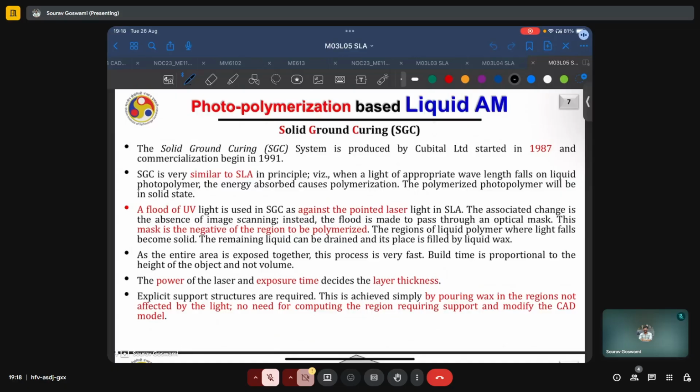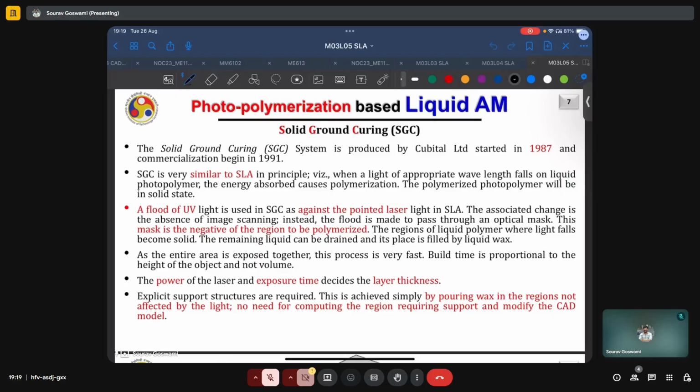In the case of solid ground curing, a flood of UV light is used as opposed to a laser light in SLA, and the flood is made to pass through an optical mask. Thus, any disadvantages associated with, say, an optical lithography process, where there is some distortion in the beam shape, mask shape and mask size when it interacts with the actual material, will also carry over here. The mask is the negative of the region to be polymerized,